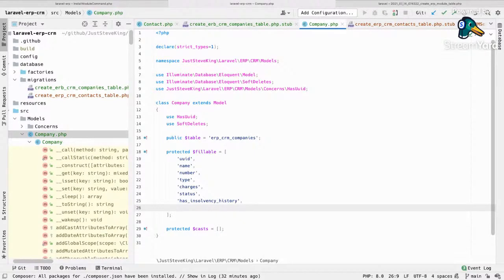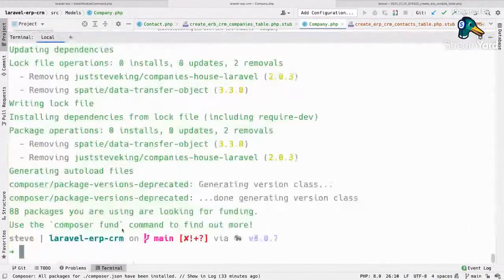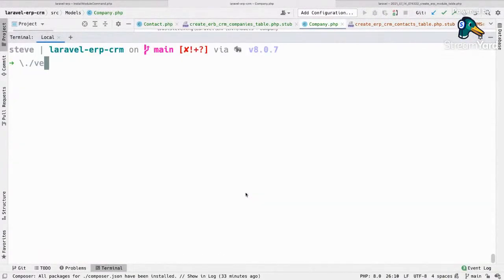A global composer package to run artisan commands on a package. I am pretty sure that Orchestra Testbench has something like that. I bought Spatie's course on package building. I've been building packages for years and years, but you never know if you could learn something new. So I bought it. And I think I remember it saying something about that, saying that you could run it. I can't remember what you can do, but if I go to vendor bin testbench,